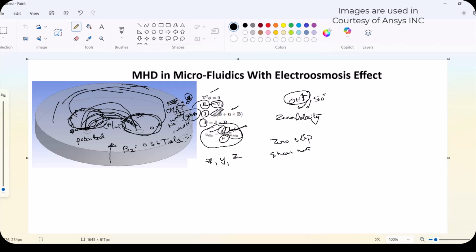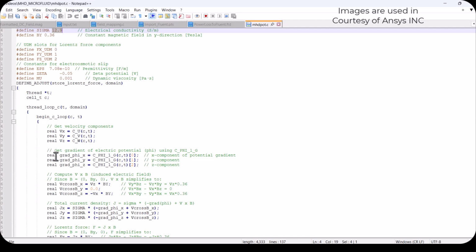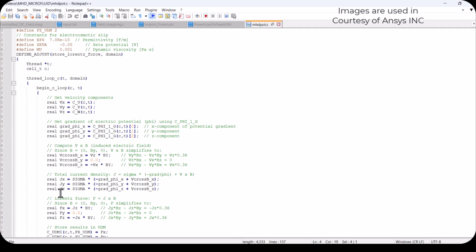So that sigma value I have taken as 12.9, and the perpendicular magnetic field is 0.36, and for the remaining things I have used a DEFINE_ADJUST loop in order to calculate the potential gradient, and from the potential gradient I am preparing the Jx, Jy, Jz, which are the current density magnitudes, which again depends on the U cross B. This is U cross B. This U cross B is defined here, and those three are used for X, Y, Z directions in order to get Jx, Jy, Jz. And those Jx, Jy, Jz again are placed in Fx, Fy, Fz, which are the